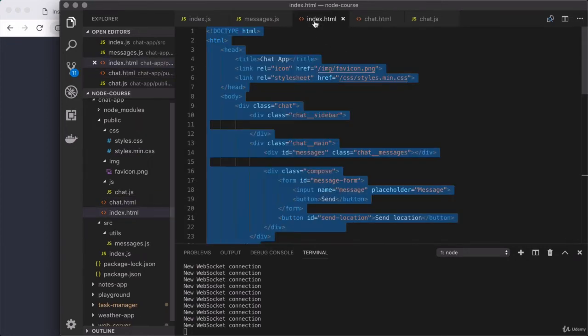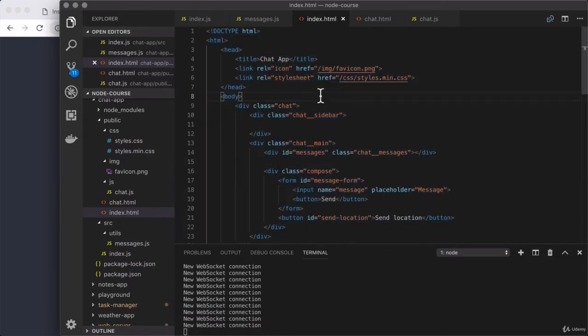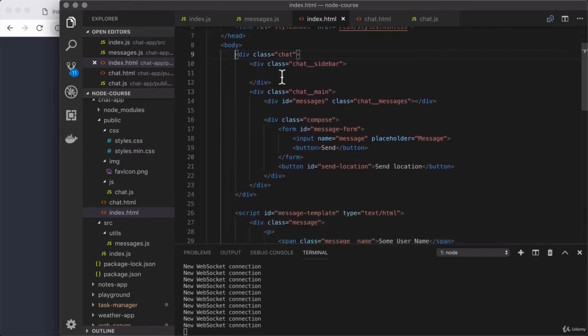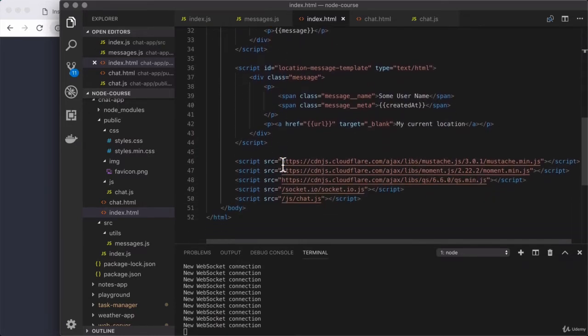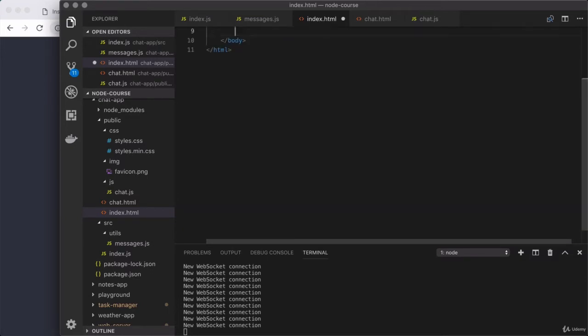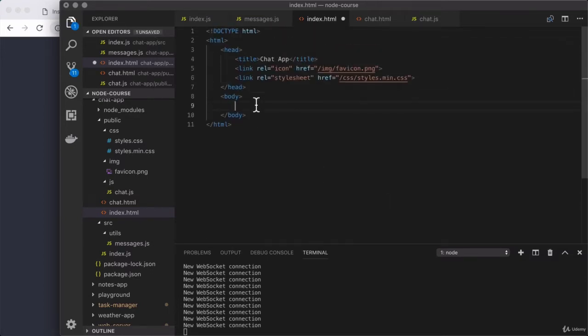Now, index.html is going to be the join page, and we're going to get started by gutting everything we're not going to need. We're going to leave the head of the document exactly as it currently exists. Down below for the body, we're going to remove everything. So we're removing our div with all of the chat content. We're removing all of our templates. And we're removing every single script tag down below. That's going to leave us with an empty body, and we'll focus on building up the markup for the chat